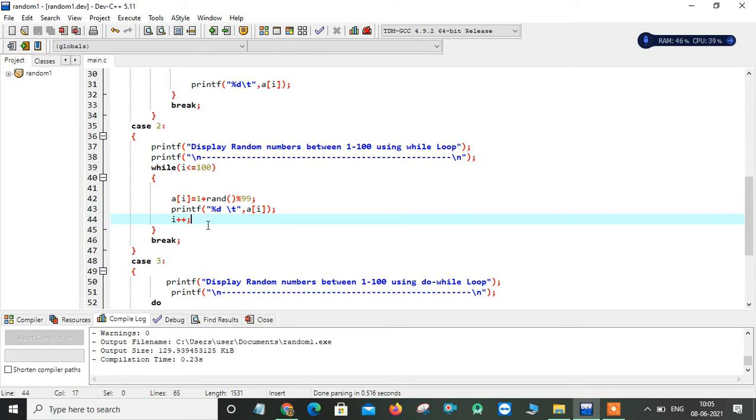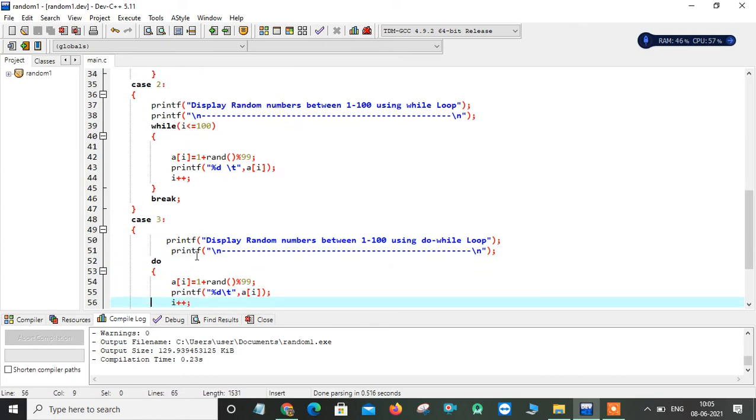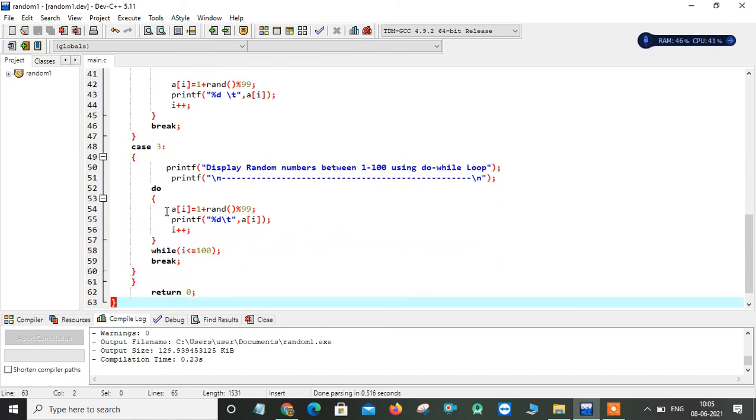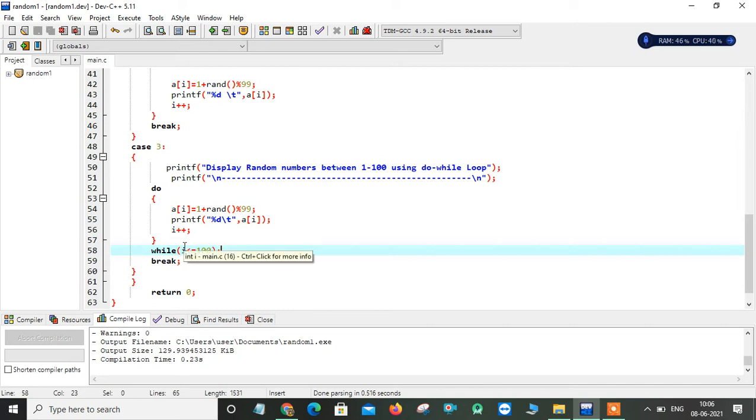Okay, and your third case is displaying the random numbers from 1 to 100 using do while. So this is the do while. You check the condition at the end of your statements, right? So first in the do you have to implement the logic. These two statements are the same because we are generating random numbers and printing them, and after that you have to increment your i, so you can run the next iterations.